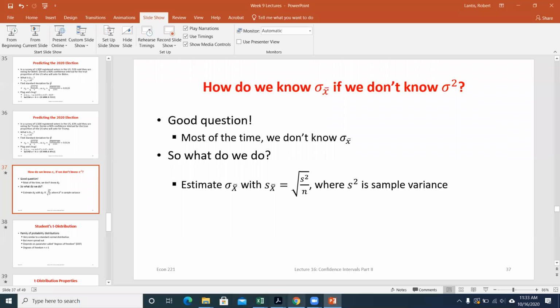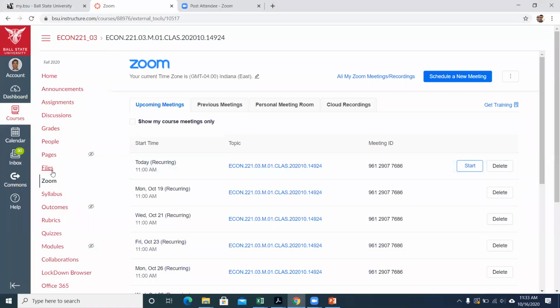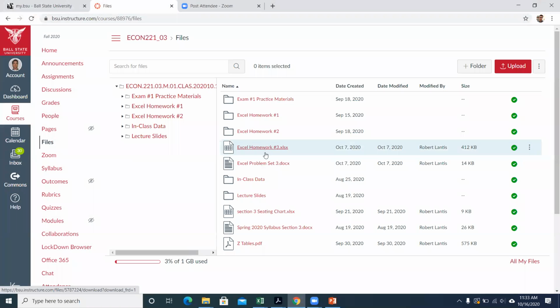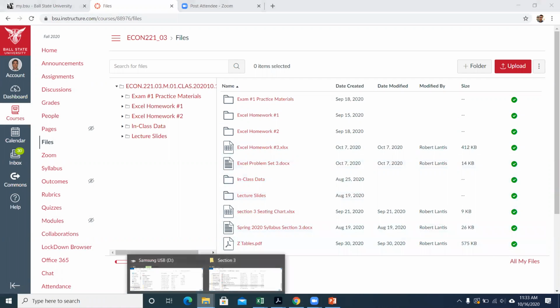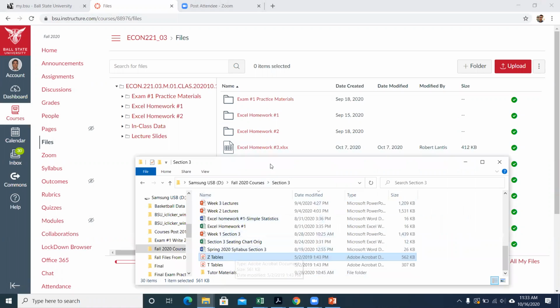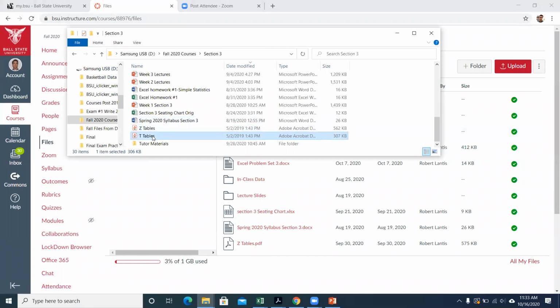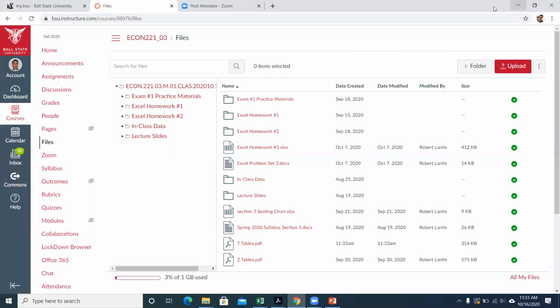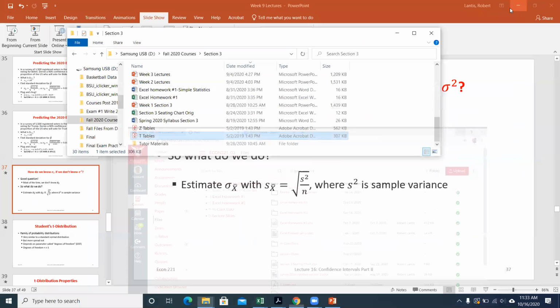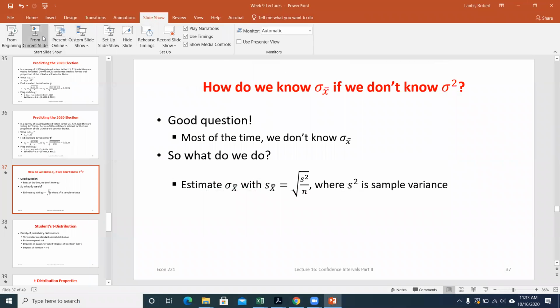If you go on Canvas, go to Files, I'll add it right here, so we'll just be on the main page, so that we'll have those t tables, right? So actually, I'll just do that right now, as long as we're here. I didn't know if we'd get this far this week. So we're just going to introduce the idea today. We probably won't get to any examples, but